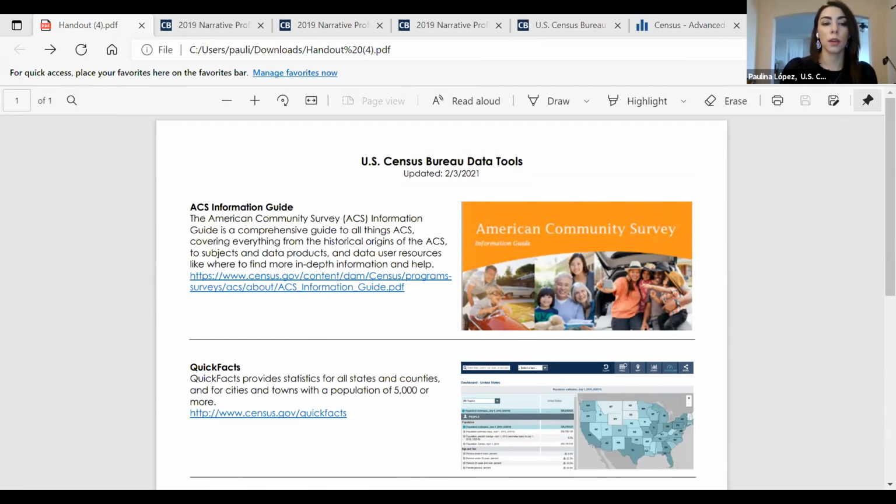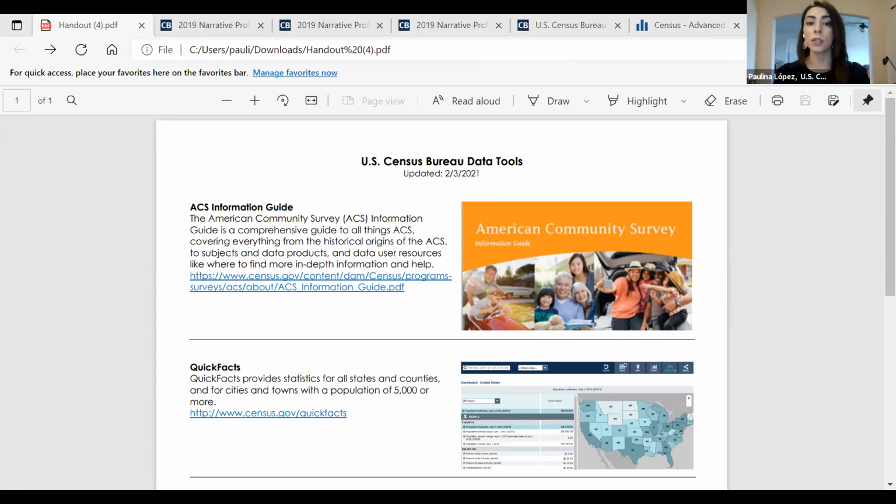So you can use this example on how to cite Census Bureau data. You will put the name of the Census Bureau, because you're using U.S. Census Bureau data, the tool that you use, for example quick facts, and then the website, and very important, when you accessed the data.